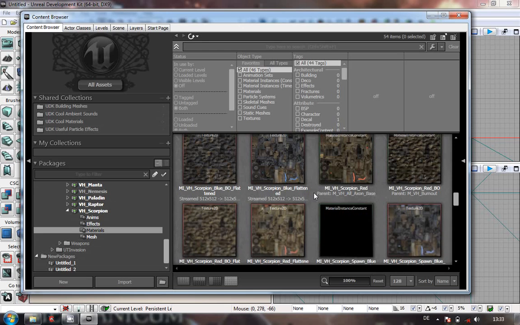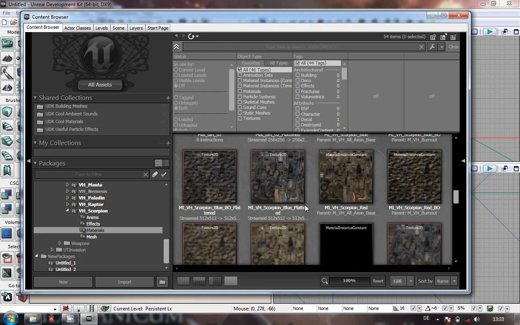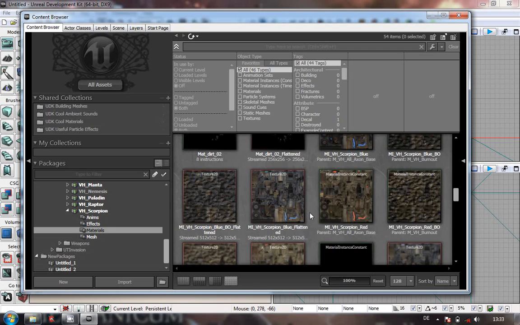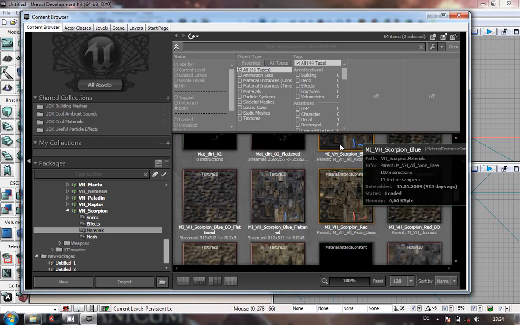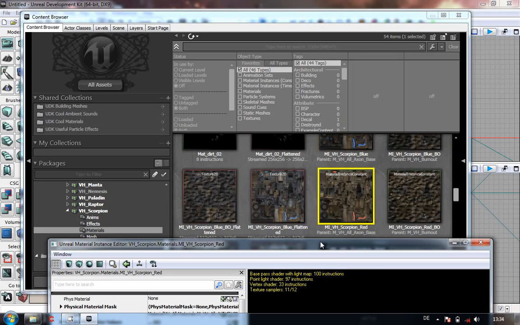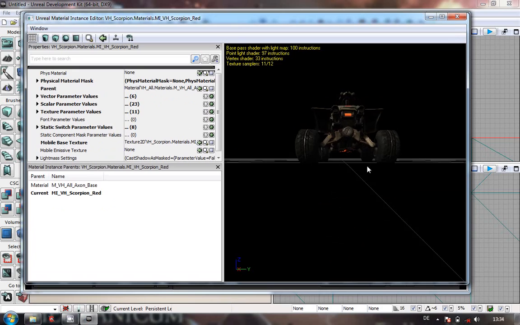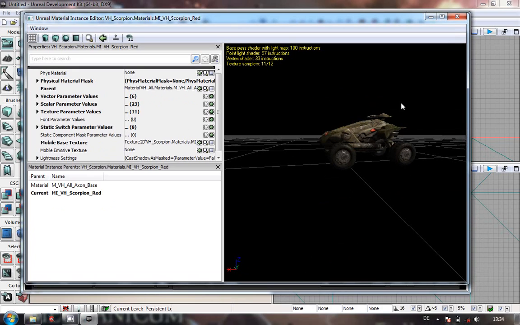Now, we'll have a look at them in a minute. Well, it'll probably take more than a few minutes, but what we're going to do initially is have a look at the material instance constant vehicle Scorpion Red. Just double click on it, open it up, and there we see a nice picture of the Scorpion